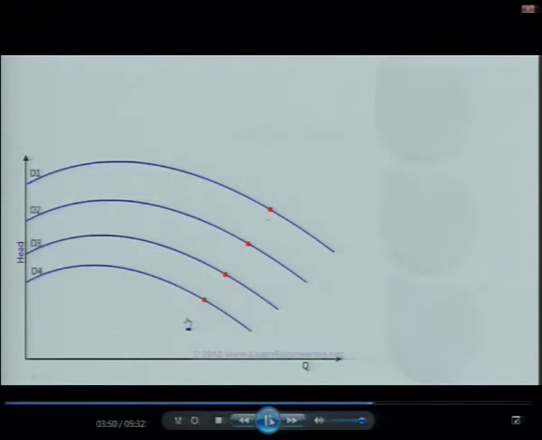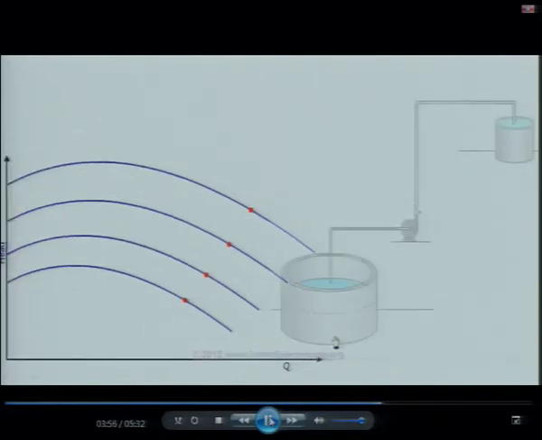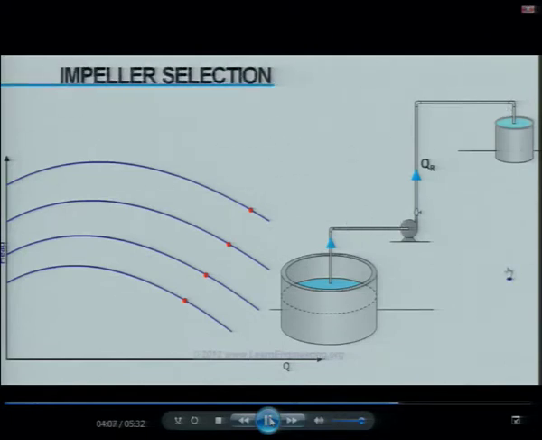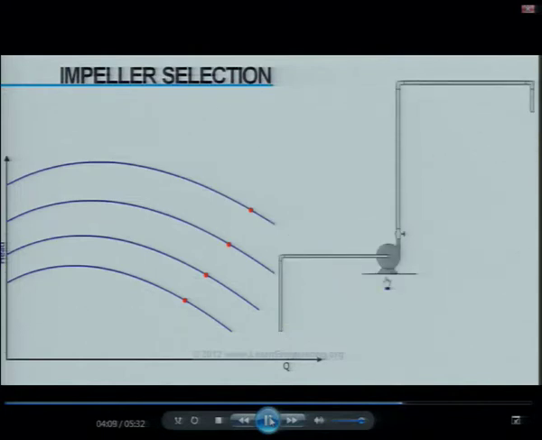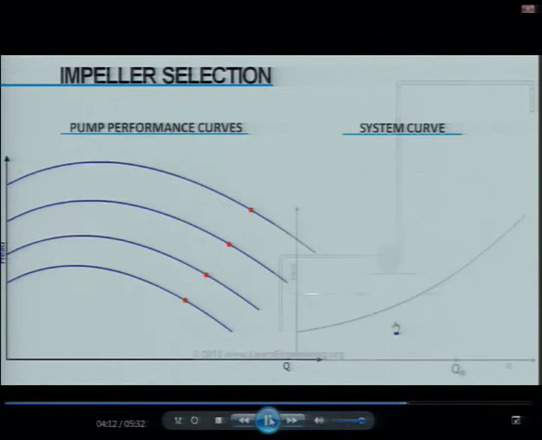So back to the basic question, how to select a centrifugal pump for this application. Main condition is that fluid should be pumped at a particular flow rate to a specified height. Performance characteristics of the system is given in a system curve. It means how pressure drop varies in system with flow rate. Depending upon minor losses and major losses in network, it would vary like this. Please note that system curve will change drastically depending upon valve opening. Assume this is the system curve at a particular valve opening. Required flow rate is marked here.